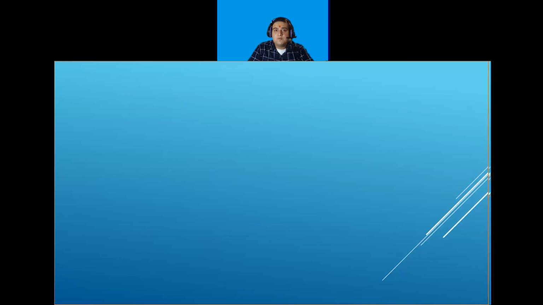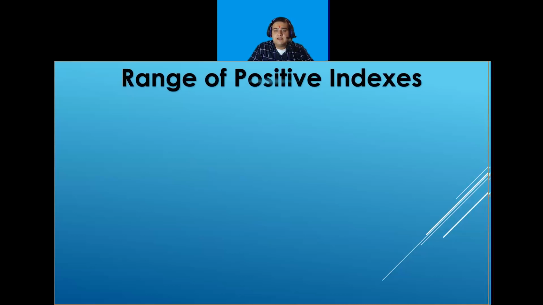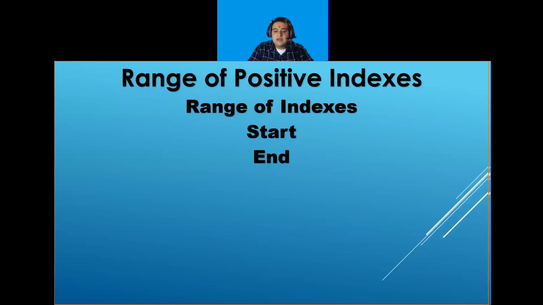Now my next topic is the range of positive indexes. You can specify a range of indexes by specifying where to start and where to end the range. When specifying a range, the return value will be a new tuple with the specified items.